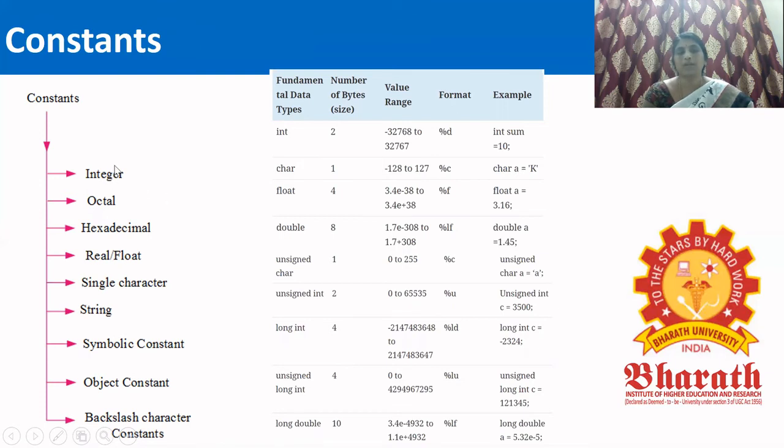In the natural numbers, we have integer numbers, octal, hexadecimal, the real numbers, that is the decimal numbers, then a character, then strings, a collection of characters, then the symbolic constants, and the object constant like define max is equal to, and then the backslash character constants, as we have discussed about the keyboard characters \b, \n. All those are under the constants in C.